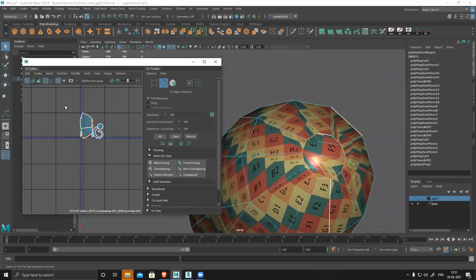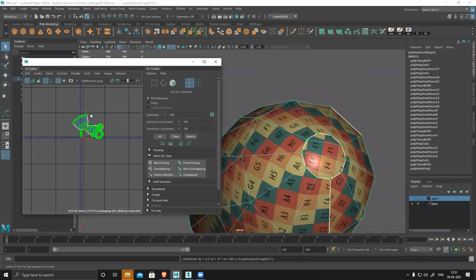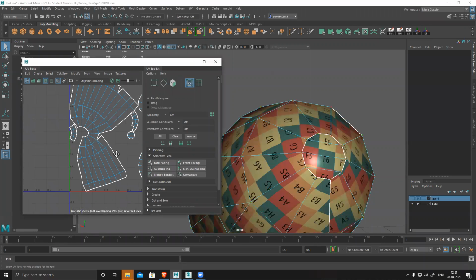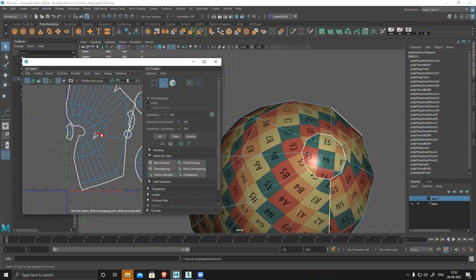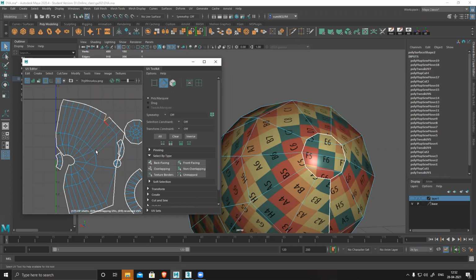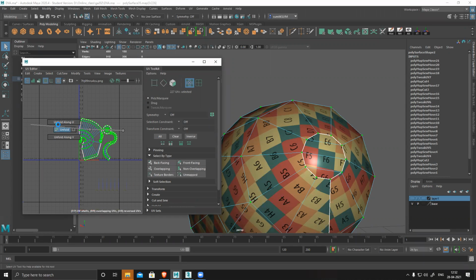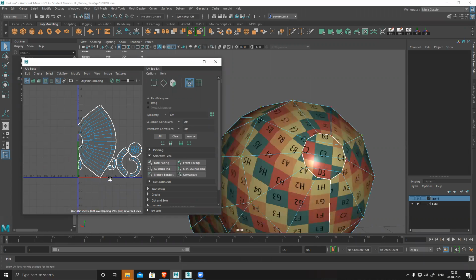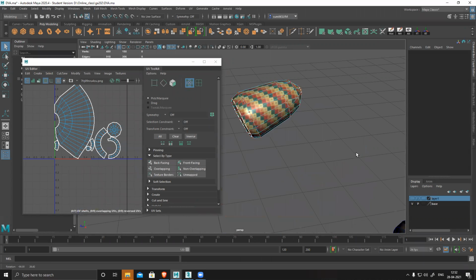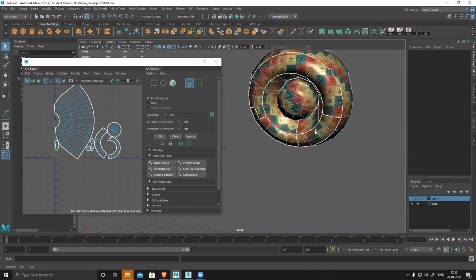Cut. Unfold. Layout and check what I'm missing here. Something I missed. Okay, this one.